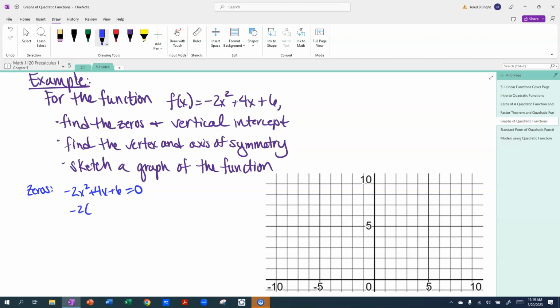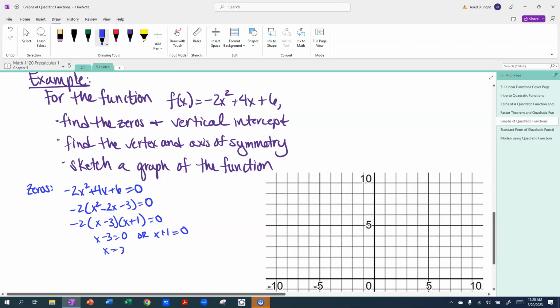Factoring could go quick. I notice that there's a 2, and in fact, I'm going to factor a negative 2 out of everything. So I'd get x squared minus 2x minus 3 is equal to 0. And then this would factor further as x minus 3 and x plus 1. Now I can set each factor equal to 0. The negative 2 would just divide out. So I'd have x minus 3 is equal to 0, or x plus 1 is equal to 0,